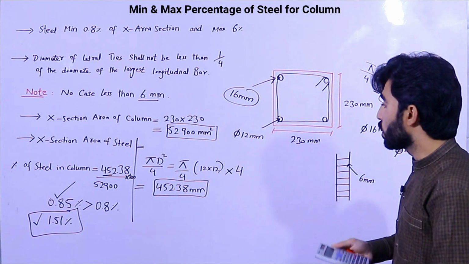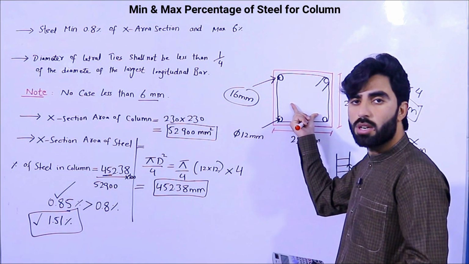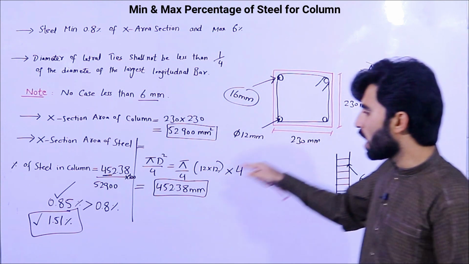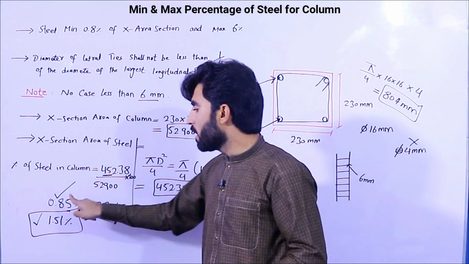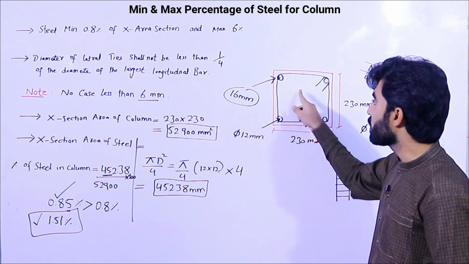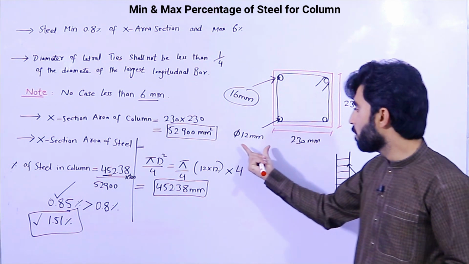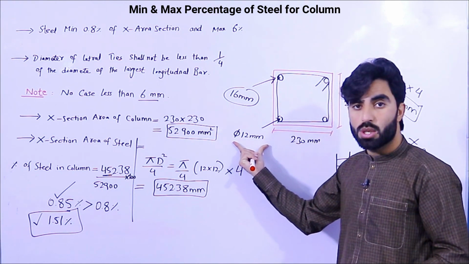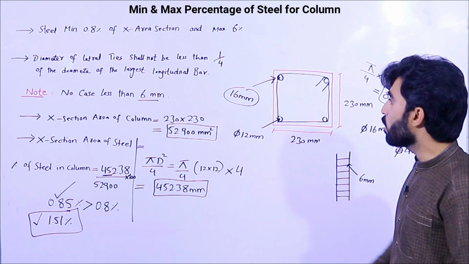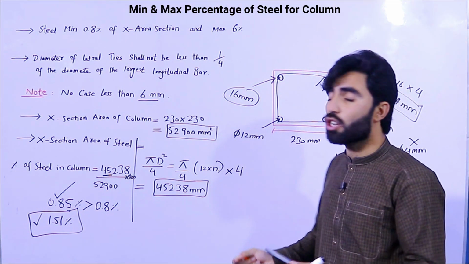But guys, remember, don't use less than 12 millimeter rod in RCC column. Okay, so it can work also in 0.85%, but if you increase the dia to the 16 millimeter, this is a more perfect column than the past one, which is 12 millimeter. So guys, this is very important. Now guys, these are the minimum percentages of steel.